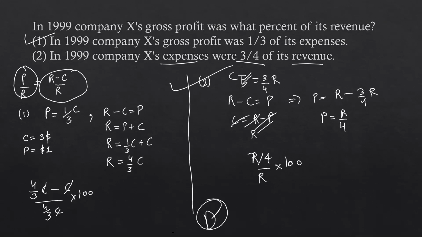I missed the revenue. I got confused with the revenue and the C. The C part was a new thing. So can you please explain the first part once again? That would make it clear to me. So it said that profit was 1/3 of the cost, and the profit is revenue minus cost. So that means 1/3 of the cost is revenue minus cost. So revenue is 4/3 of cost,